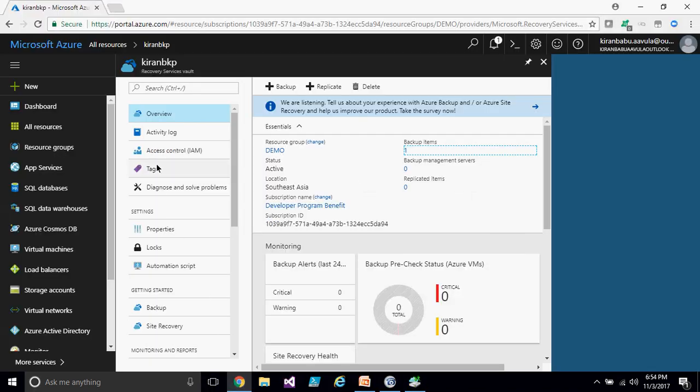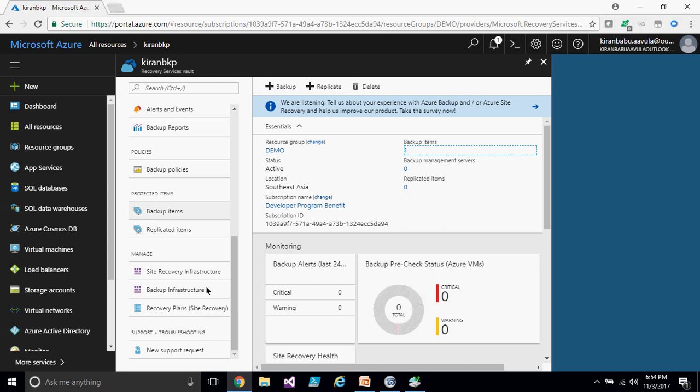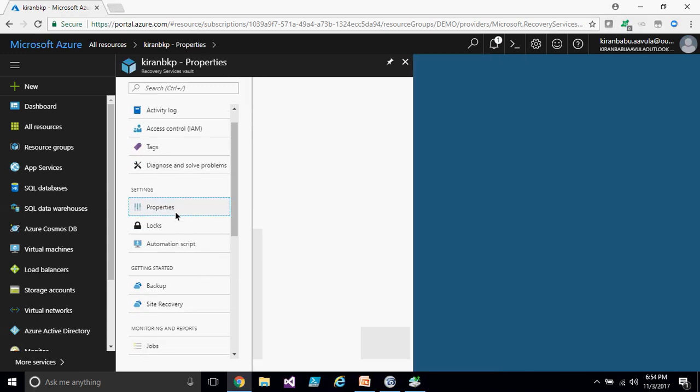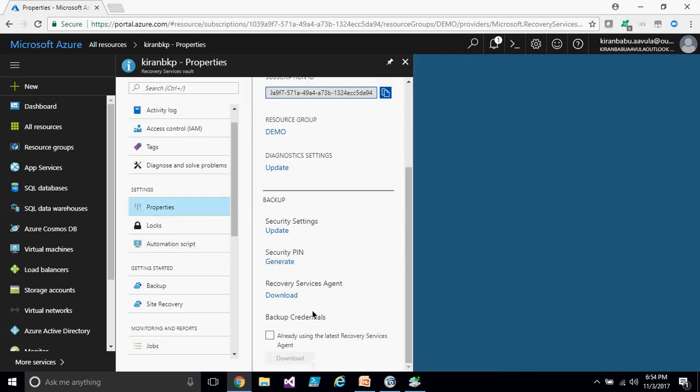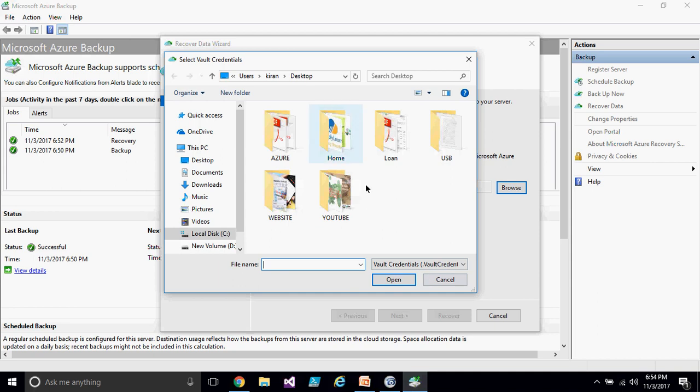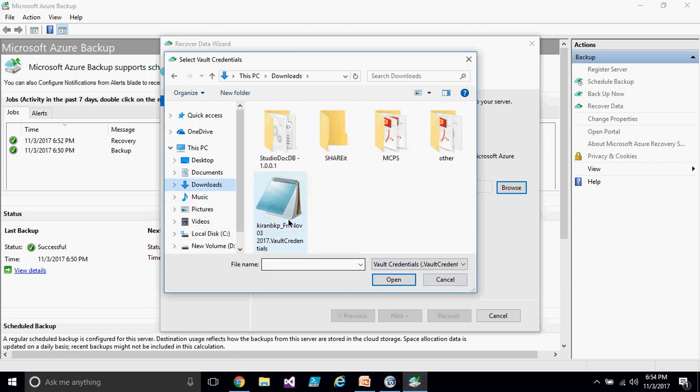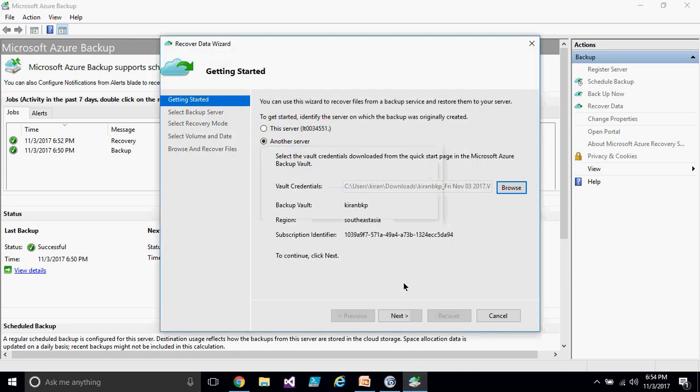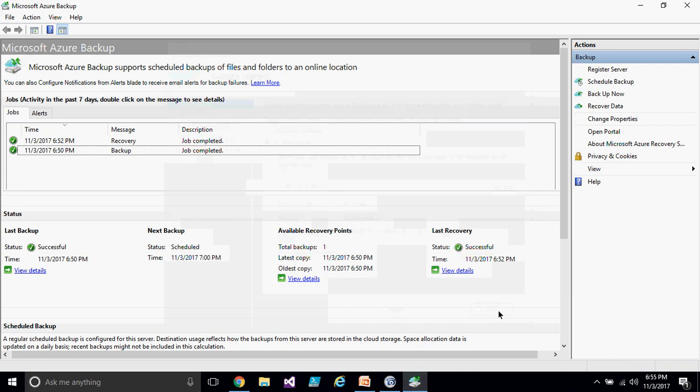So what I need to do, I need to open the Azure portal again and go to the properties and get the vault credential file from here. Go to properties and get the vault credential file. It will download the file again. I have to give that particular file to the recovery agent, and this way I can recover the data on another computer. And one more thing is,